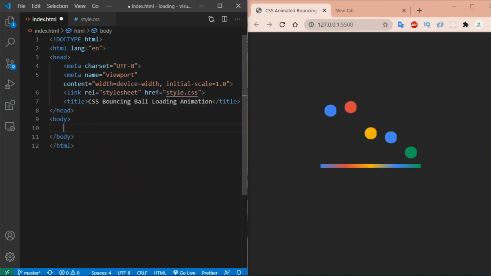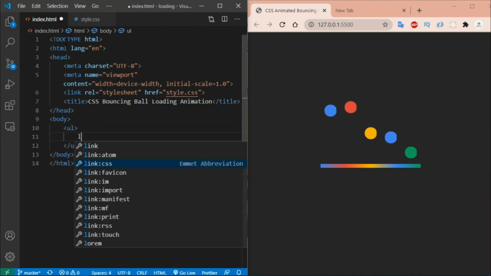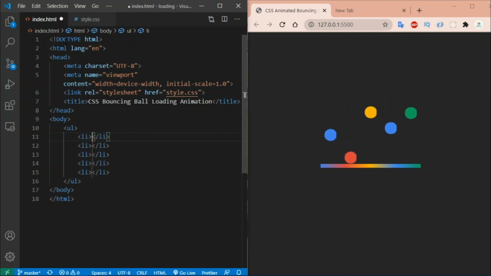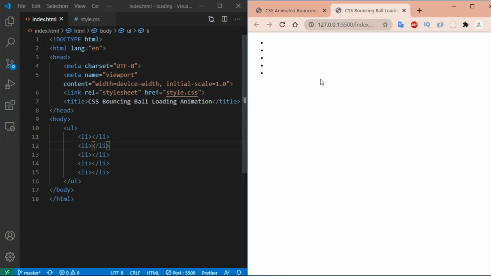Then create a UL tag. Inside the UL tag you need 5 list tags like this, and open the HTML file with Live Server by clicking the Go Live button. This will open your HTML file right in your browser like this.